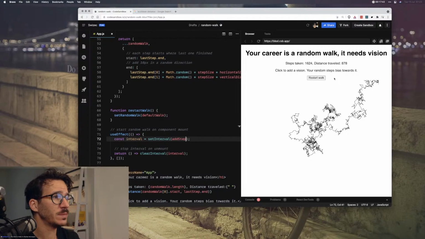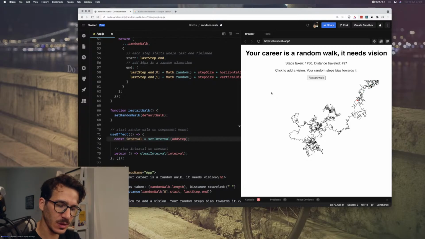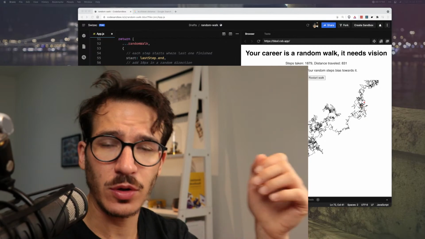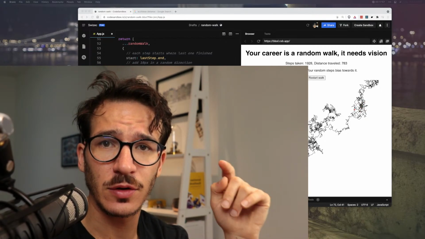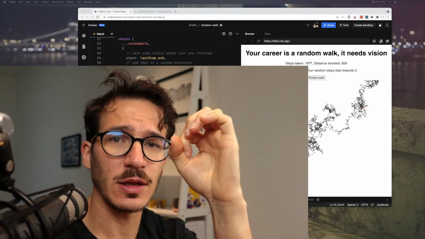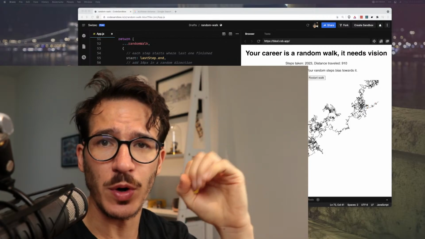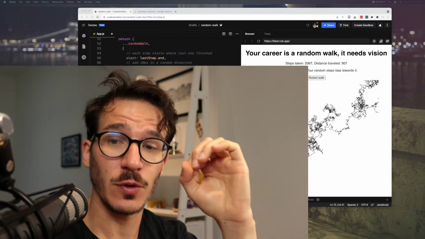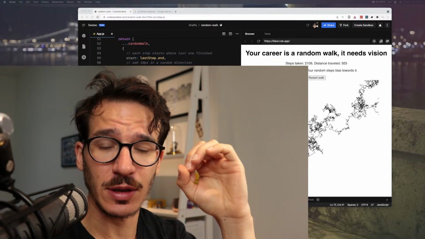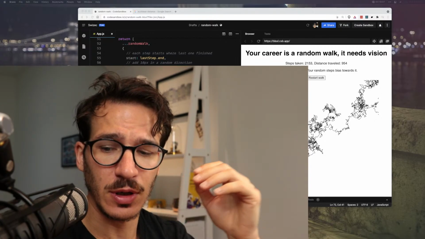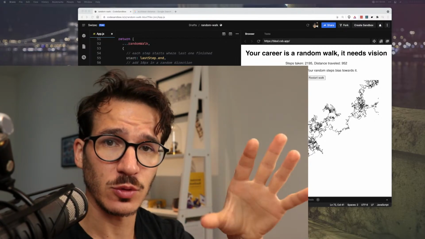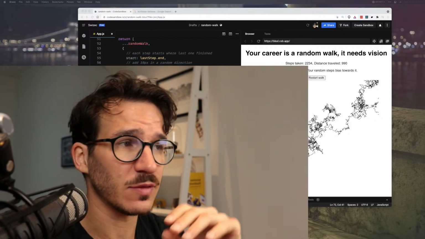Now we need to handle a click on the SVG, so I can make myself bigger for that. So now we're going to add a click handler for the SVG so that you can add a focus point to where you're going. And that focus point is going to be rendered as a circle. Maybe we're going to add some text around it that says that's the vision.